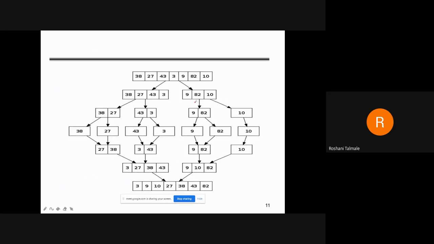This is another example it shows. Okay, but I will share the PPT and the video with you so that you can solve this example. In the same case, they have shown how it is sorted. Just roughly I'm telling you: two sub arrays, then another iteration, and in the third iteration, till this it is the divide procedure, and after that they start the merging procedure. They are comparing these elements, second comparison, third comparison, and finally they come to this conclusion.